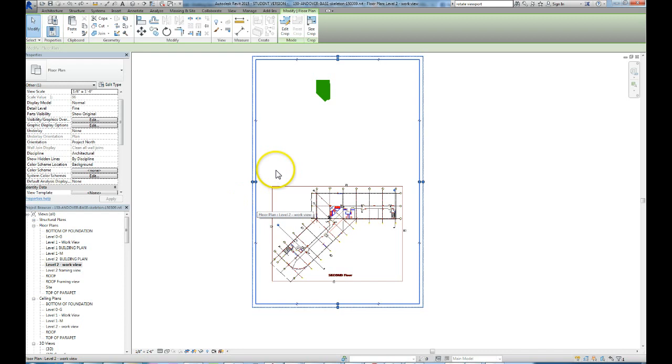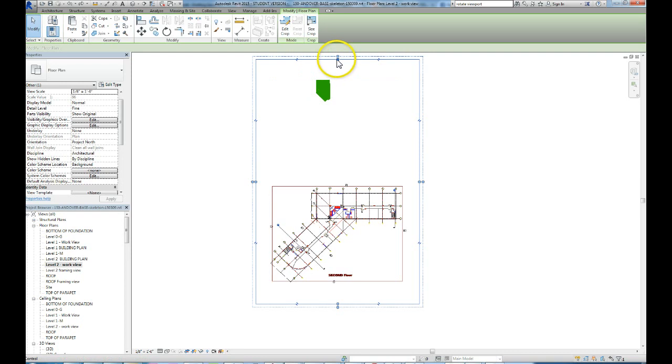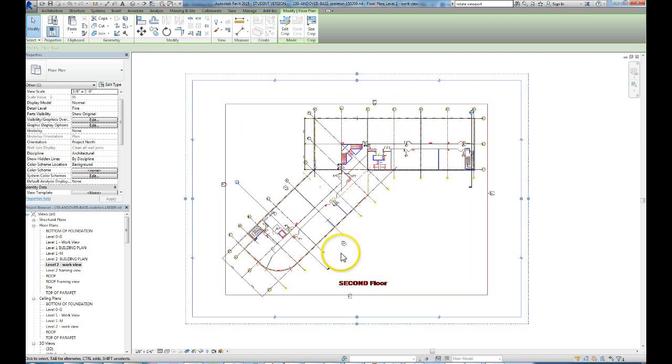So you can see that the crop view is way out here because the AutoCAD file, there it is right there, is this little stray element, so it tries to encompass the whole thing. We're just going to bring the crop view down closer to the model so we can see it more clearly. So we want these spaces, which are at 45 degrees to the horizontal,